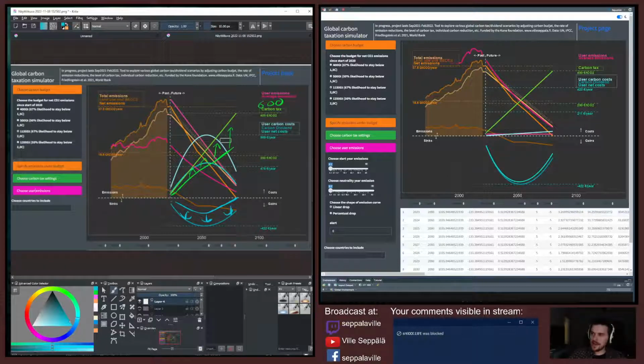But it would also help to understand the connections maybe better, like what affects what. For example, here you see that if you change the tax value to maximum tax value, it affects the carbon dividend, and it affects the user carbon cost and the user net cost, but it doesn't affect the user emissions or the average emissions, by definition. It would affect them if there was a model here that